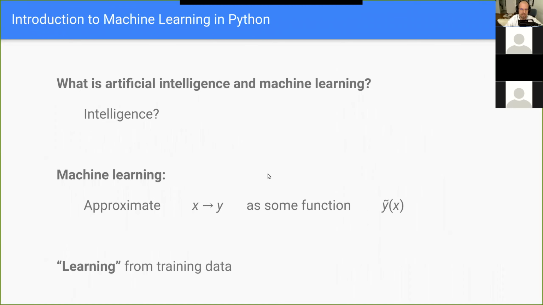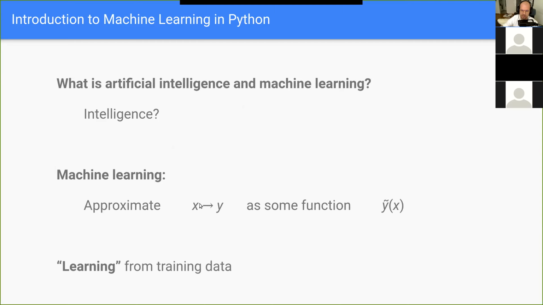Okay, so let's head right into the course. The first point I wrote up here is what is artificial intelligence and machine learning. I'm not going to pretend that anything that we're going to program in this course is particularly intelligent. My distinction between these two terms is that if you're doing PowerPoint slides, you call it artificial intelligence, but if you use it for your actual research, normally I just call it machine learning. While I'm not going to make any claims about intelligence, I'm sure I can convince you that with machine learning, we can approximate some relationships.